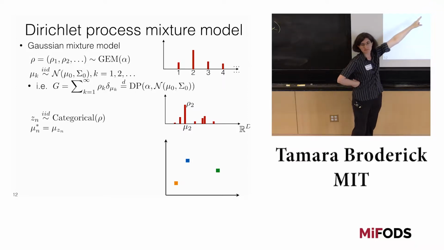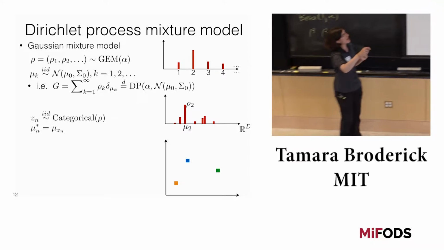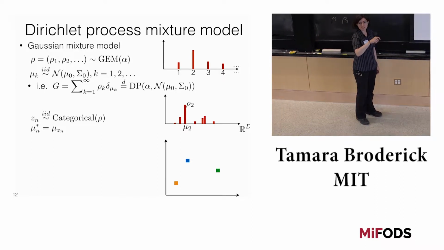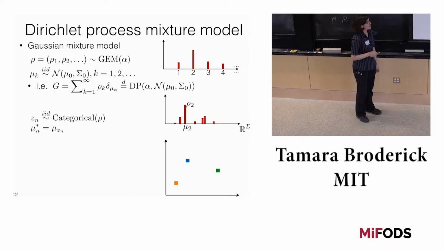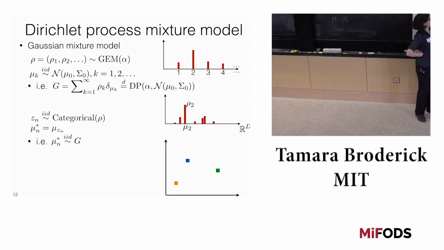It's mu sub zn. Okay, so just like up above, I said, hey, these two lines are equivalent to this line. This is just a notationally different way to write the two lines above. I'm going to do the same thing over here. I'm going to say these two lines are equivalent to the next bullet point I'm going to put down. And that bullet point is the following. We draw the cluster parameter for the nth data point from the distribution G.